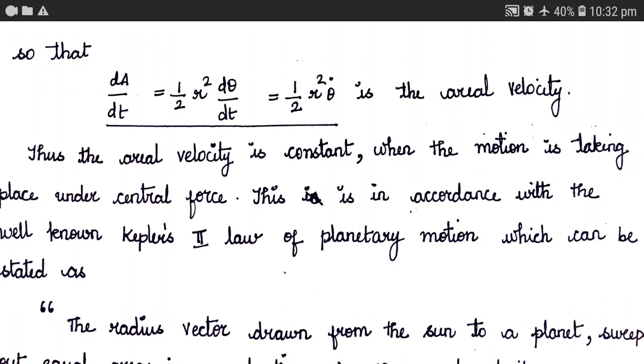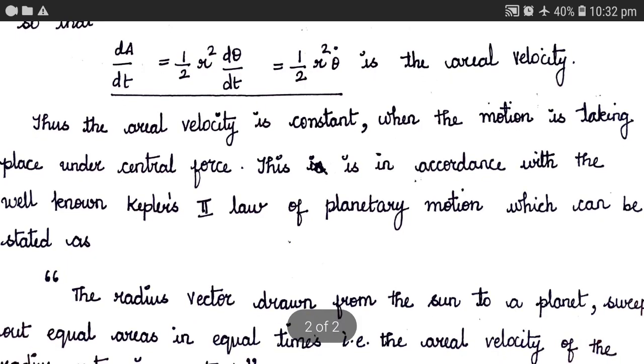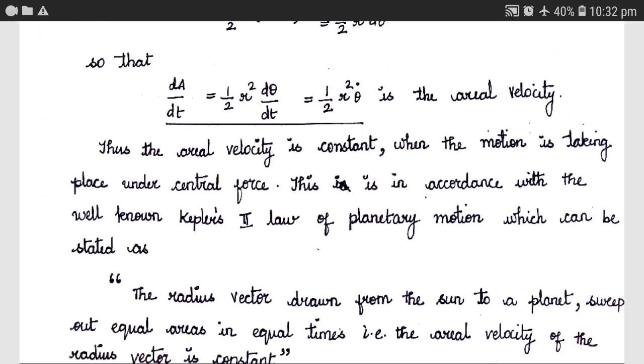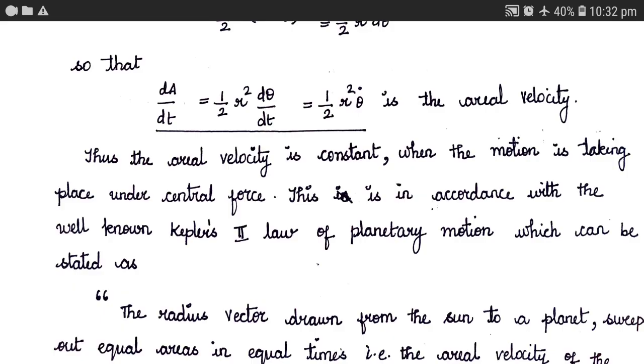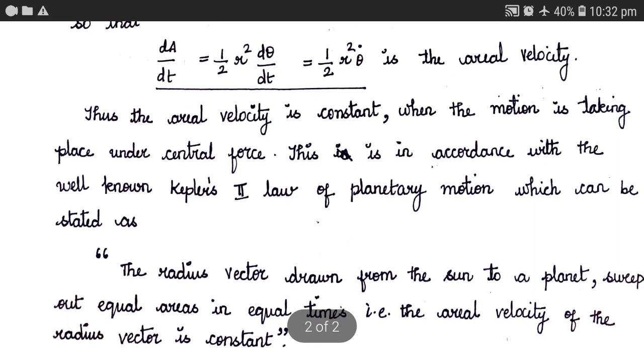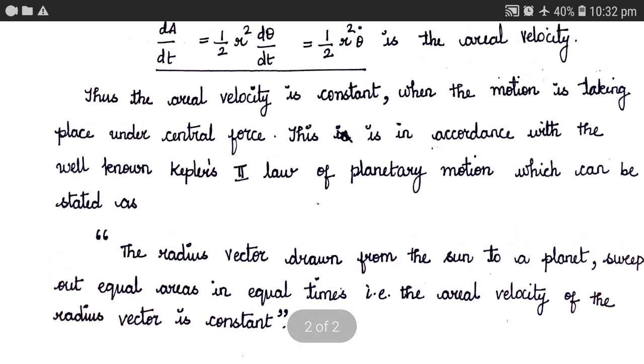This is in accordance with Kepler's law of areas. Hence, the central force problem helps in deducing Kepler's second law of planetary motion, which can be stated as: the radius vector drawn from the sun to any planet sweeps out equal areas in equal times. This equal areas in equal time is nothing but the areal velocity of the